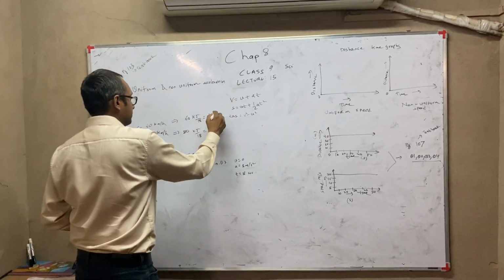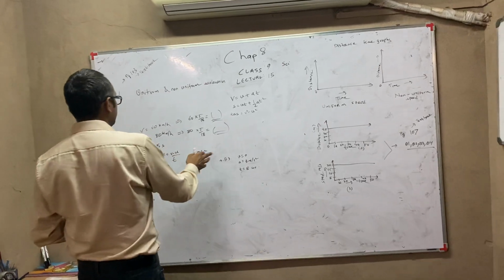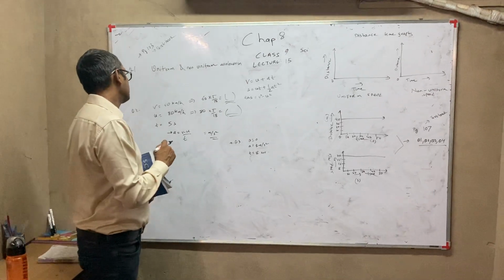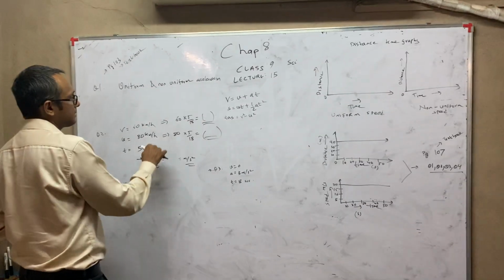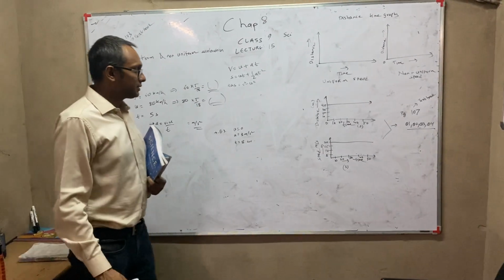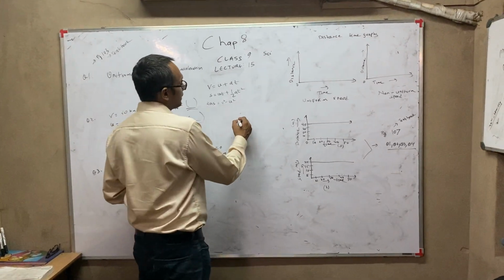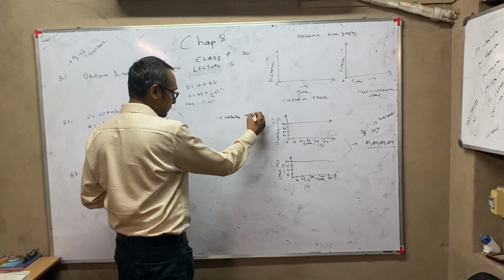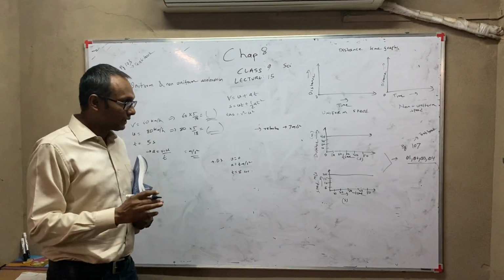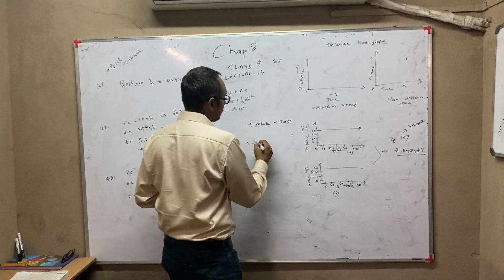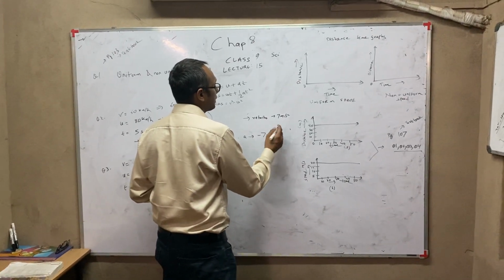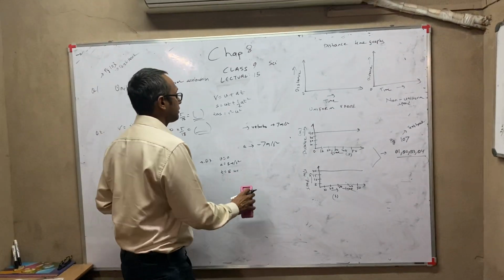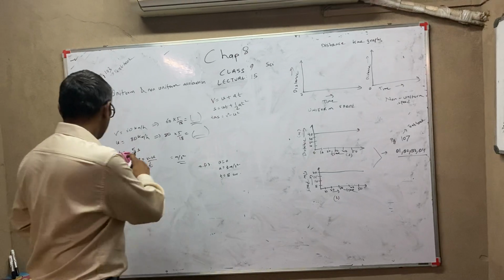So this one value you will get, this one value you will get, and this you will then substitute here. Here obviously whatever the answer will come, it will come in negative because (v - u)/t, and v as we can see is less than u. In fact, remember children, many times in a question it will be given that the retardation is say 7 meter per second square. So when they give it like this, it means they are basically giving acceleration which is minus 7 meter per second square. Even if they write it like this, it means they are giving this value because in retardation the acceleration is always negative. So this was question number 2.